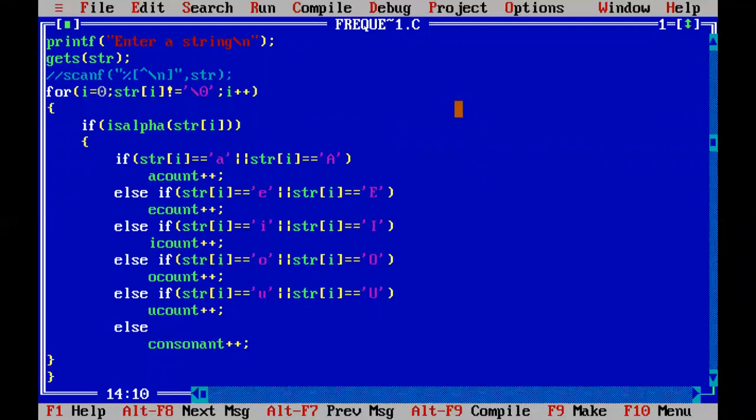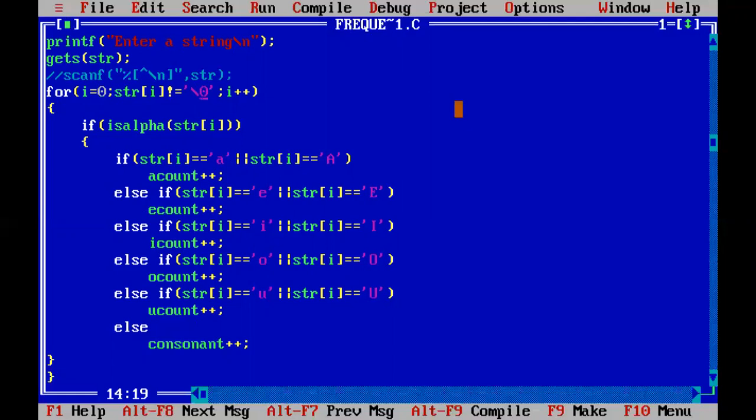Coming to the next condition, in the condition part, you have to give when you want to terminate. You want to terminate your checking when the string is terminated. That means if a particular character str of i is equal to the null character, you need to terminate this procedure.